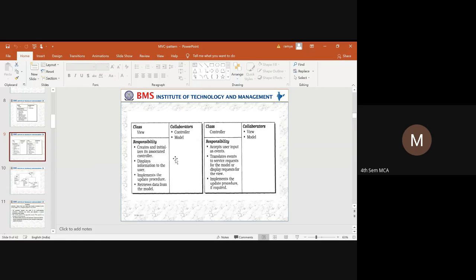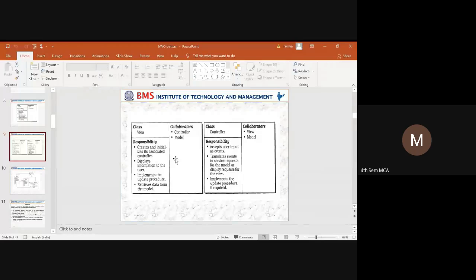So what happens when a particular view has been selected? Say for example, we want to represent the same data in a different model. Say we have a bar chart, pie chart, and a 3D diagram. Each of these graphs has its own controller. So when a particular chart is selected, it is going to initialize the controller. Next is to display the information to the user.